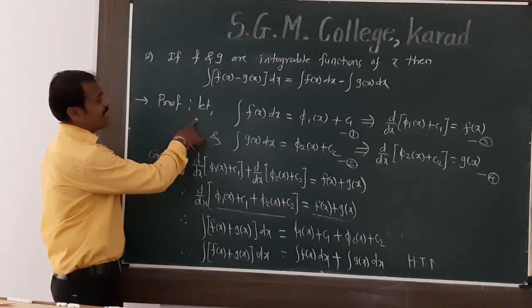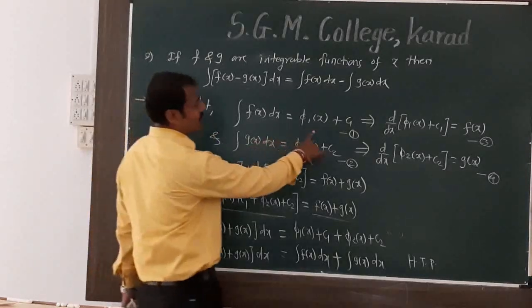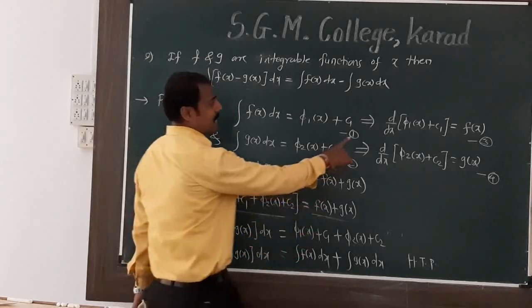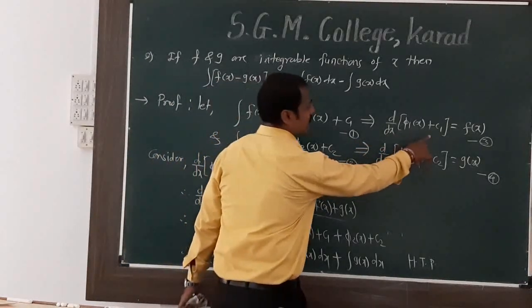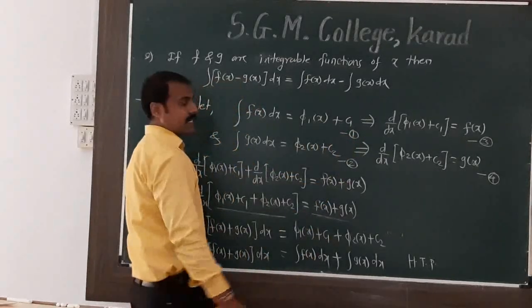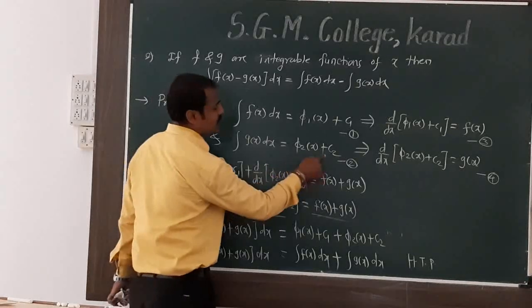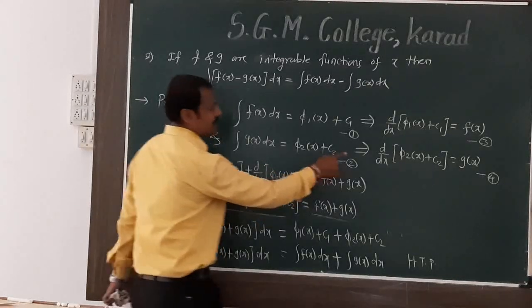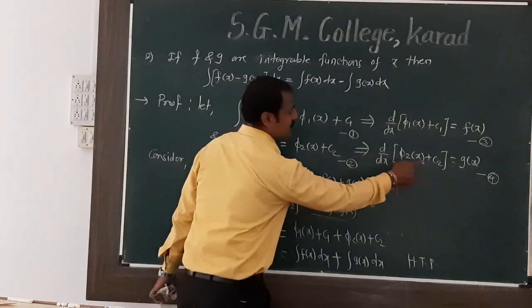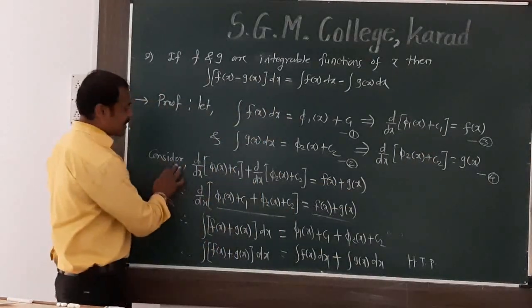Starting with the proof, let integration of f of x dx be equal to phi 1 of x plus c1. It implies that d/dx of phi 1 of x plus c1 is equal to f of x by definition of integration. Okay, and integration of g of x dx is equal to phi 2 of x plus c2. It implies that d/dx of phi 2 of x plus c2 is equal to g of x. The main change is,